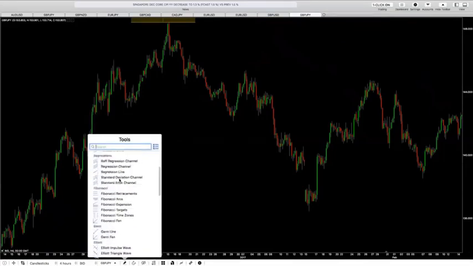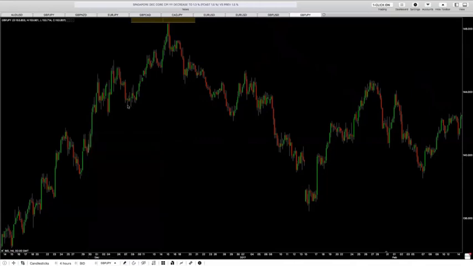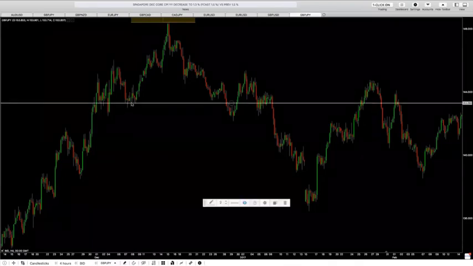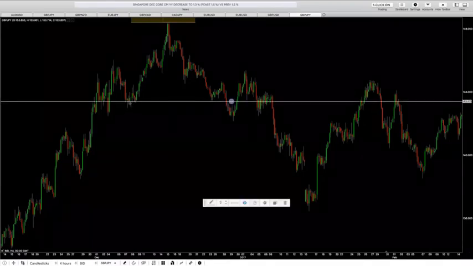The first thing you can do is take a horizontal line or a horizontal ray. When the market pushes up and comes back down, it's going to hit some kind of support level before the market shoots back up. This support level is basically going to be the start of your neckline. So this is the support area that you're looking for in the market.